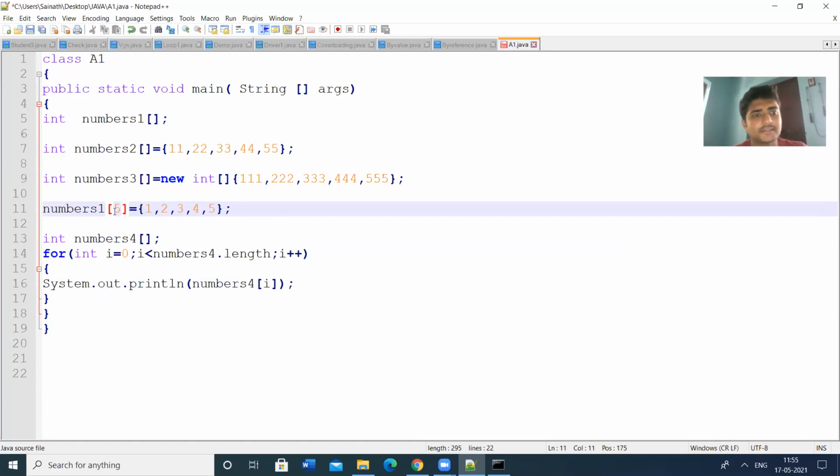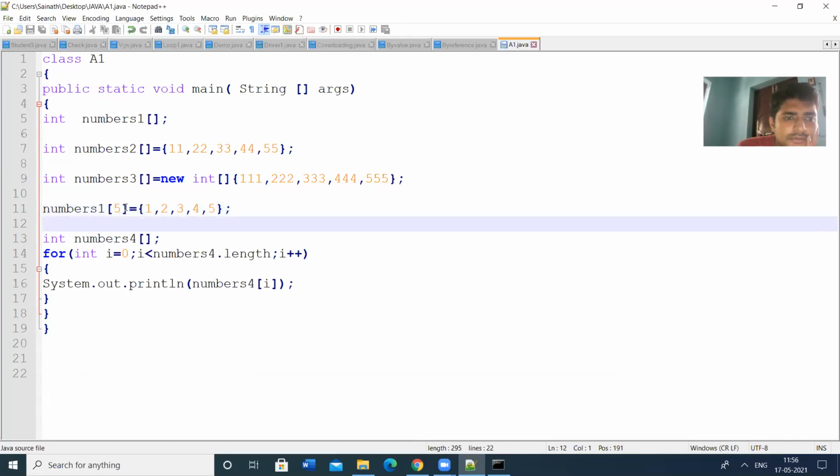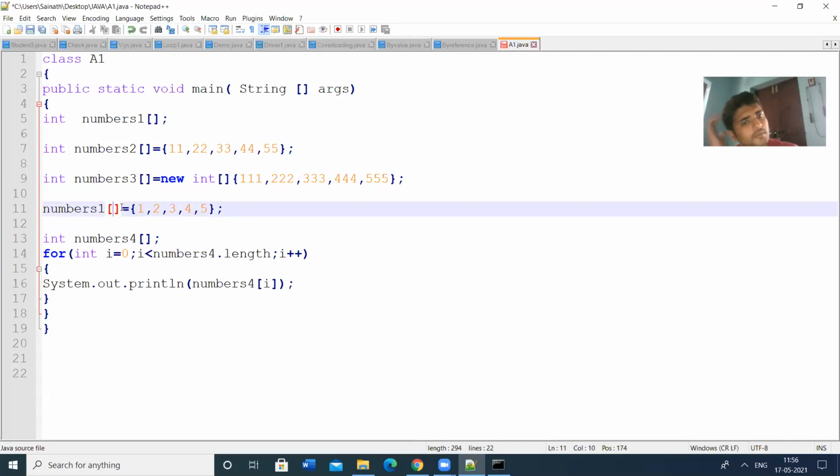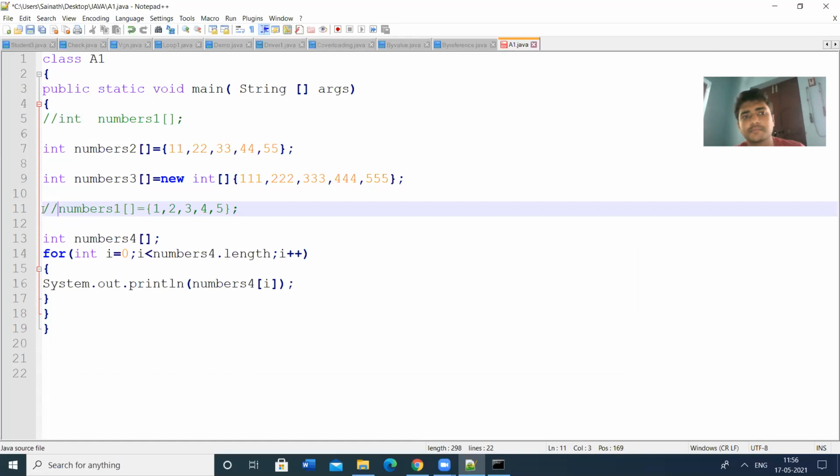Let us give the size here. Let us check the program without that statement. Save the program.